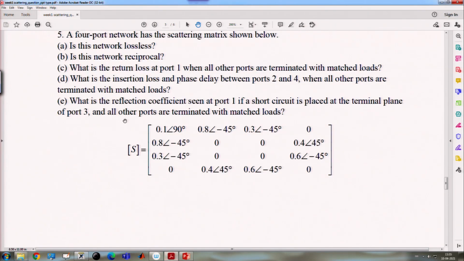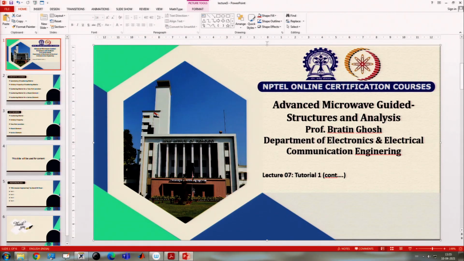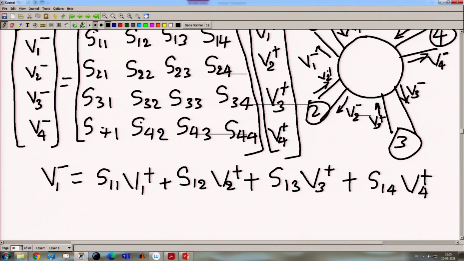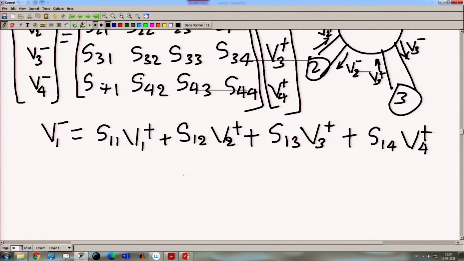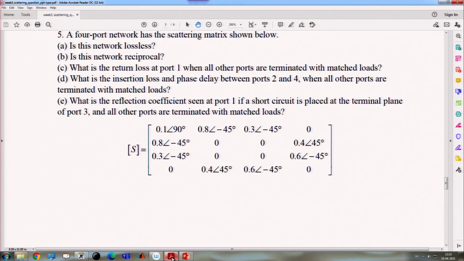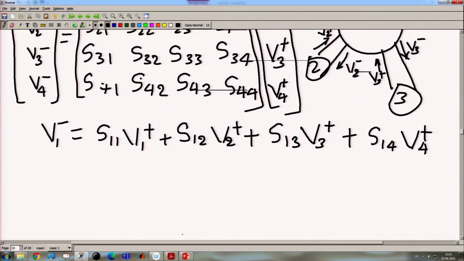So, in the question it is written: what is the return loss at port 1 when all other ports are terminated with match load. So, we can see that S11 means reflection at port 1, and reflection at port 1 means return loss at port 1. So, we have to find out S11 first. S11 can be defined as